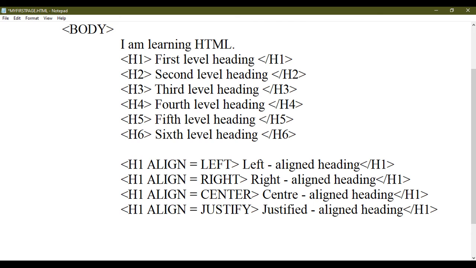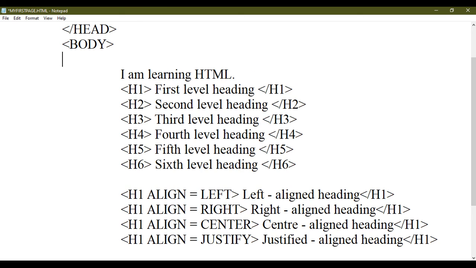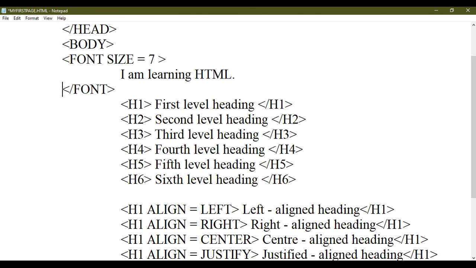Use the font tag, or font element. Font having 3 attributes. One is size. So after typing the code you need to reopen your web page again with the help of Internet Explorer.